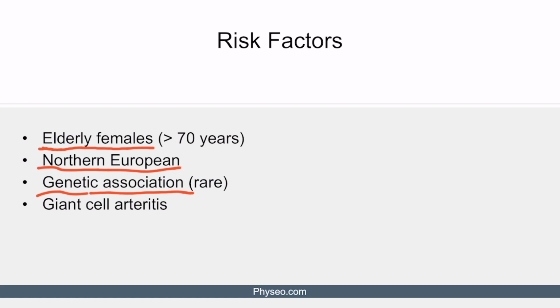Now, the most high-yield association that you need to know for the boards is its association with giant cell arteritis. That's a large vessel vasculitis. Now, we discussed giant cell arteritis in another lecture, so make sure to check out our video on that for